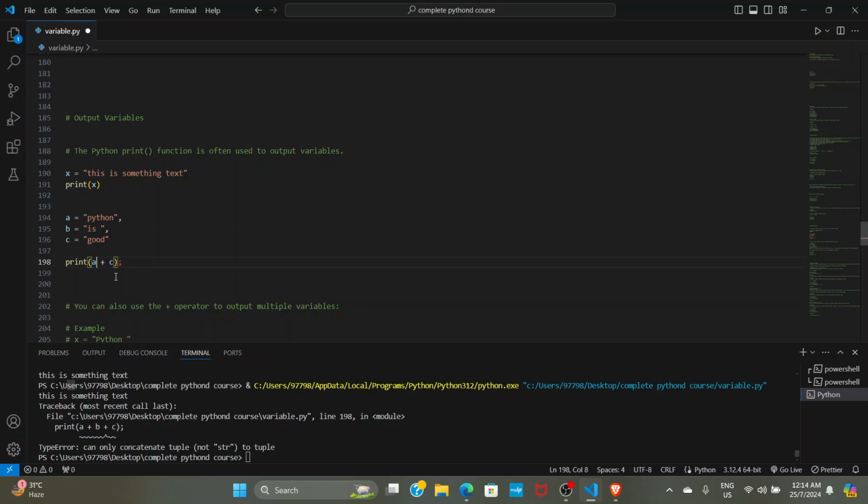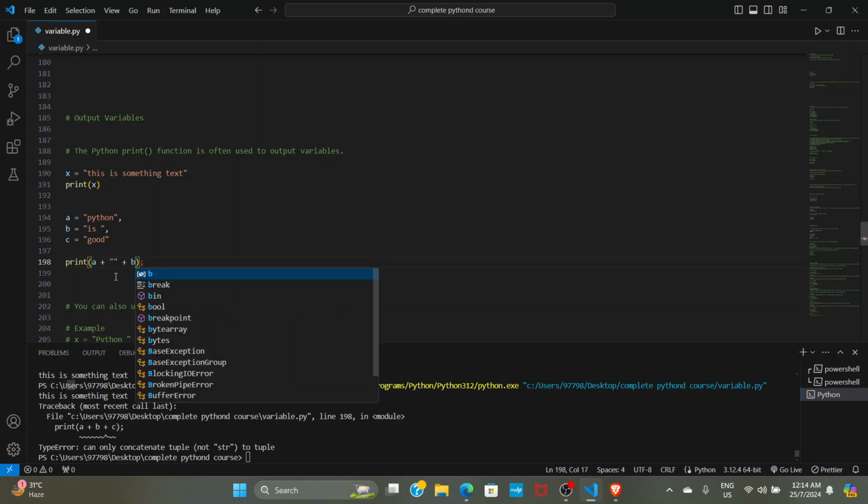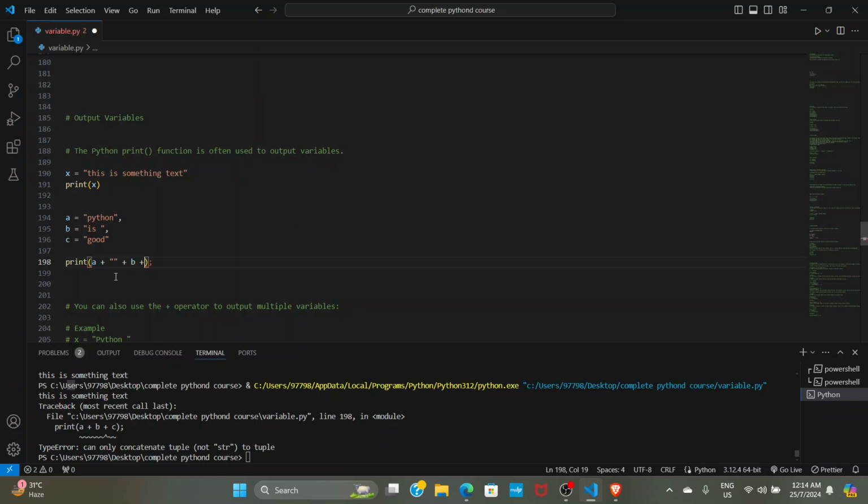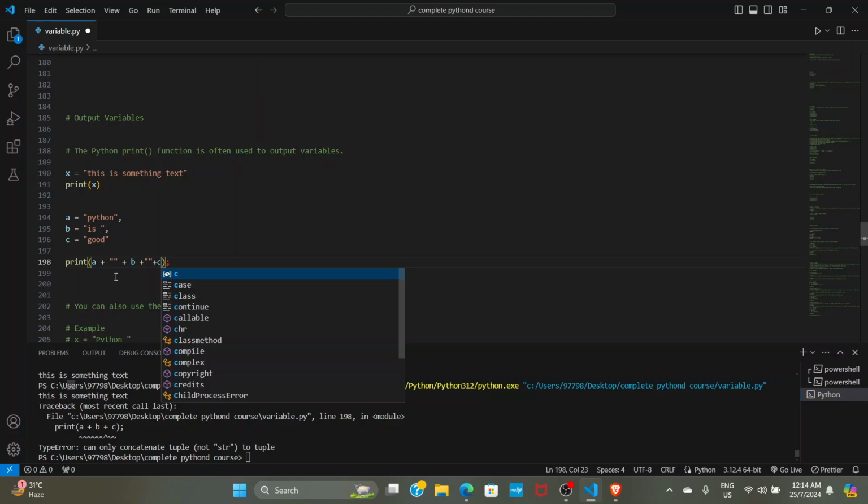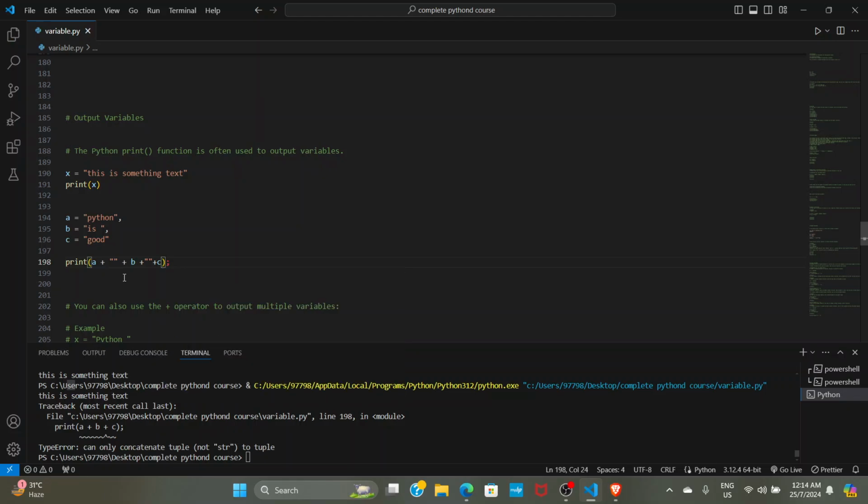We can add all this by a plus b plus c, like this. If we print